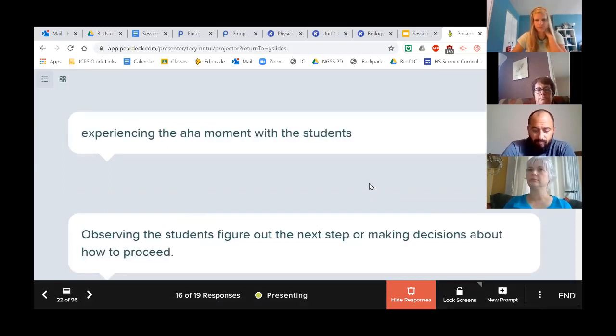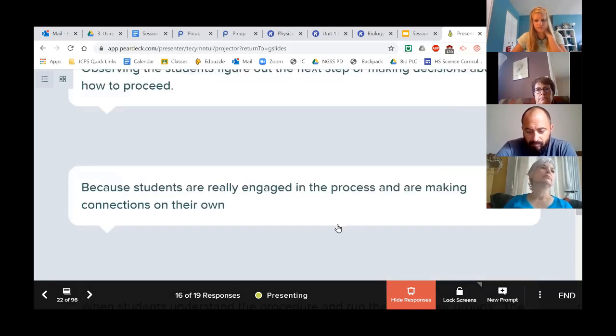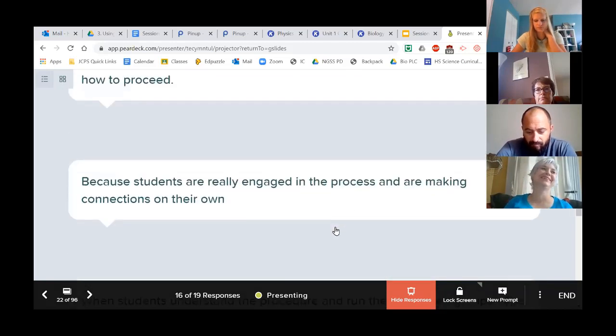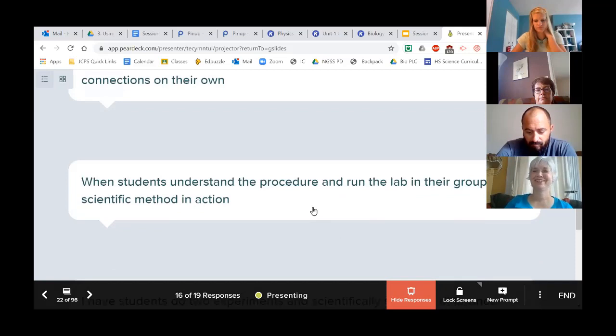Observing the students figure out the next step or making decisions about how to proceed. Students are really engaged in the process and are making connections on their own. When students understand the procedure and run the lab in their groups,